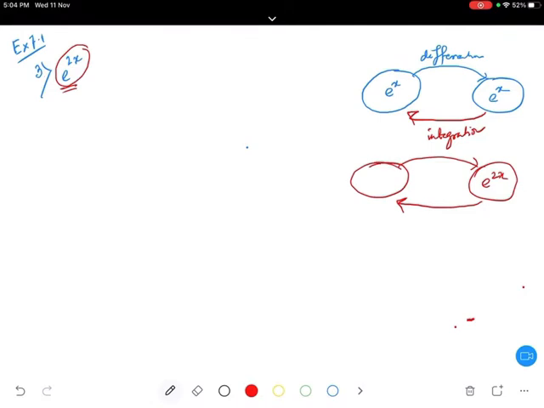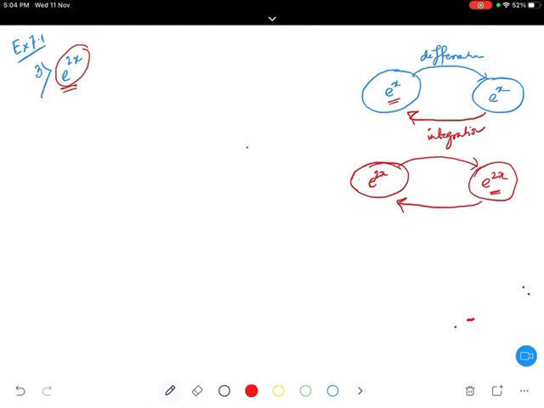So I will be doing the method of inspection. In the method of inspection, I will assume a function, the function which is closest to the differentiation of this one. It is e to the power 2x, because I know differentiating e to the power x gives us e to the power x. So obviously differentiating e to the power 2x will give me e to the power 2x. It is just an assumption. I know that the differentiation of e to the power 2x is 2 e to the power 2x, but I am making a small assumption.